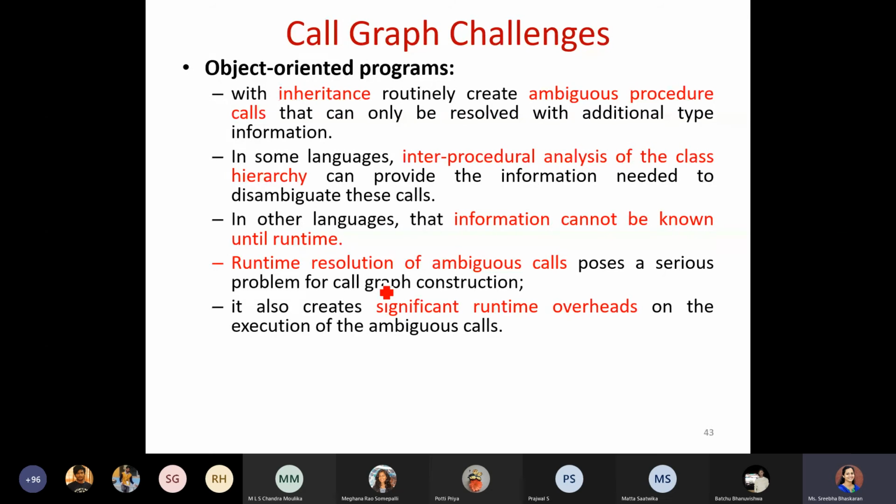Similarly, with respect to inheritance, you will have certain connectivity from one class to another class. When we are having such type of connections, whether you are calling the parent class function or the child class function, all these things have to be understood properly.